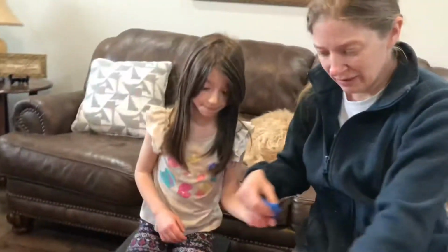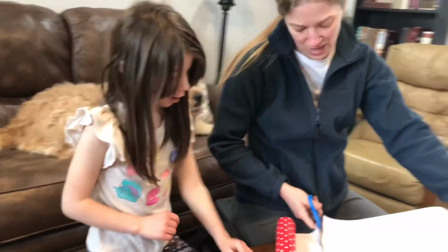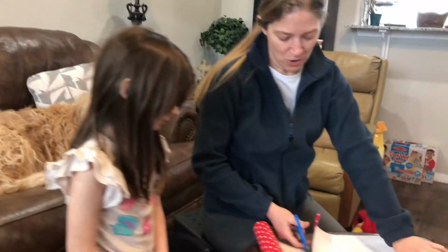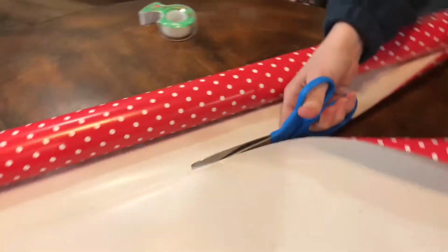As you can see, there's a little indentation. That will help you stay on that line. There's 2 ways. You can either do it cut by cut, or if your scissors are sharp enough, you can just slide it